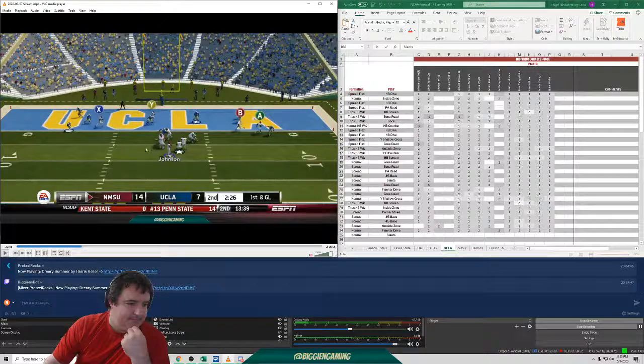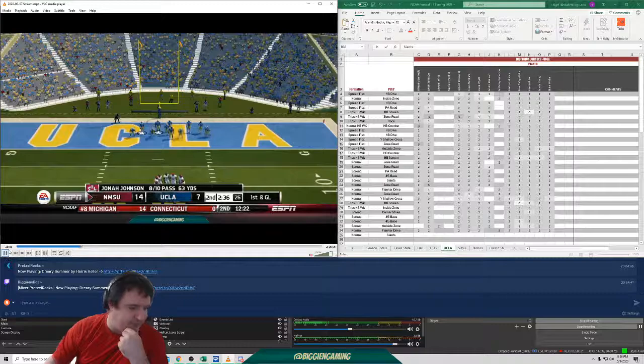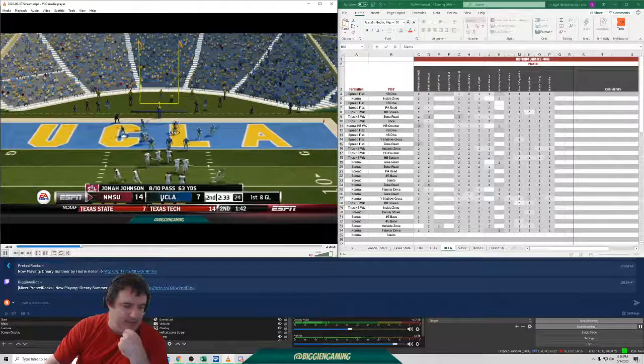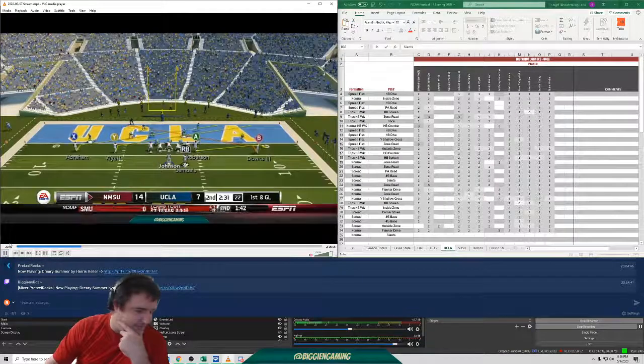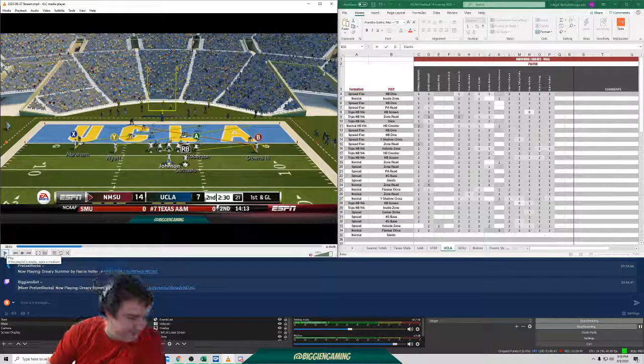But I could throw here, or I could throw to the Y. I'm going to throw to the Y. But really, I should be throwing to the X. That's the reason double slants works. Okay, so let me show you. We'll run the play. Look at my massive passing yards, as you can see. Guys, my quarterback has a 73 throwing accuracy, so we'll miss passes when we're not supposed to. Like the guy's wide open, and we just miss him.